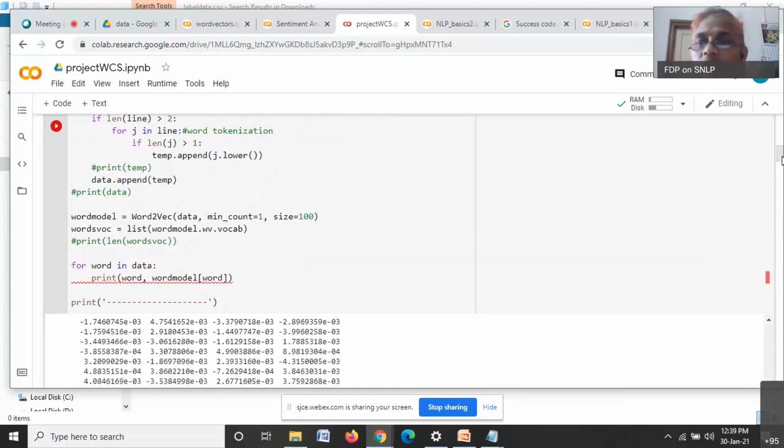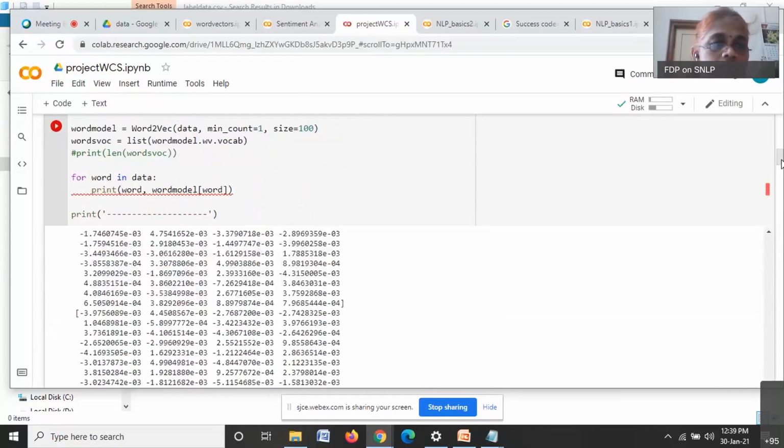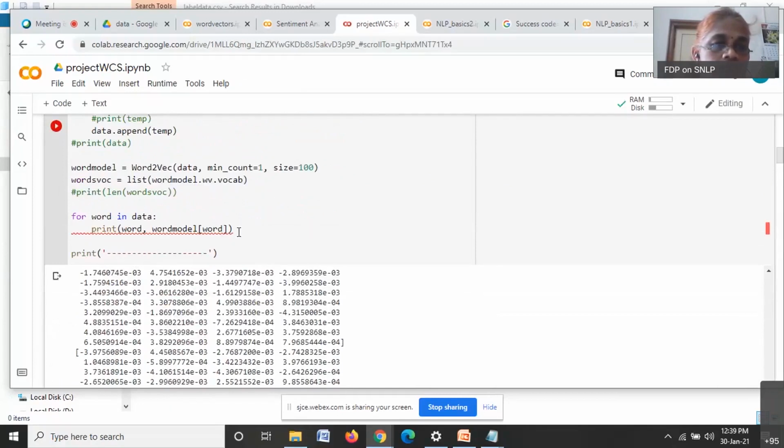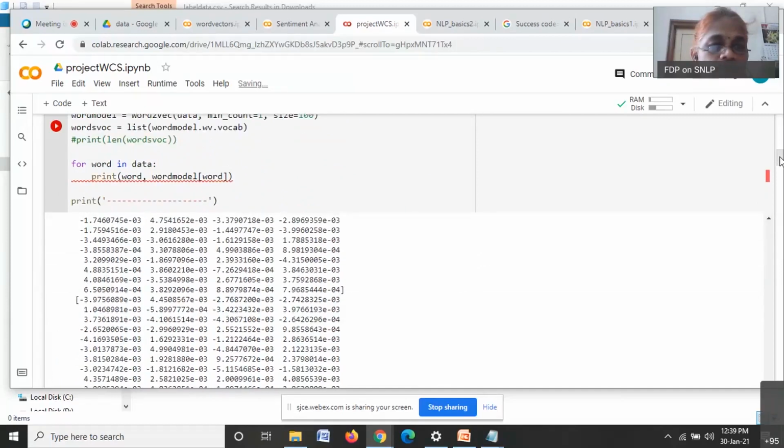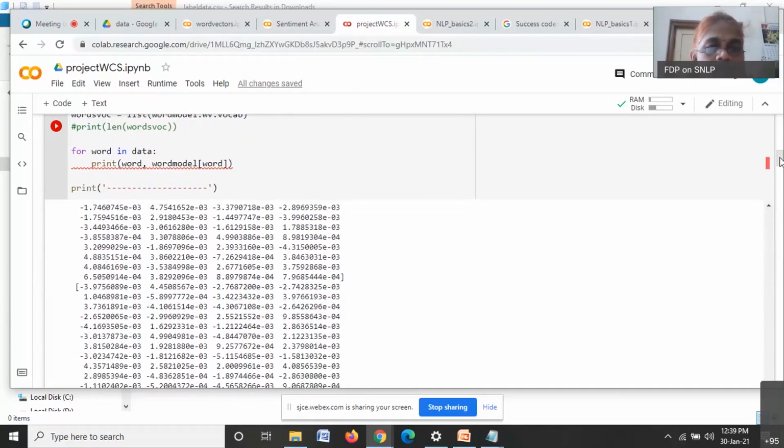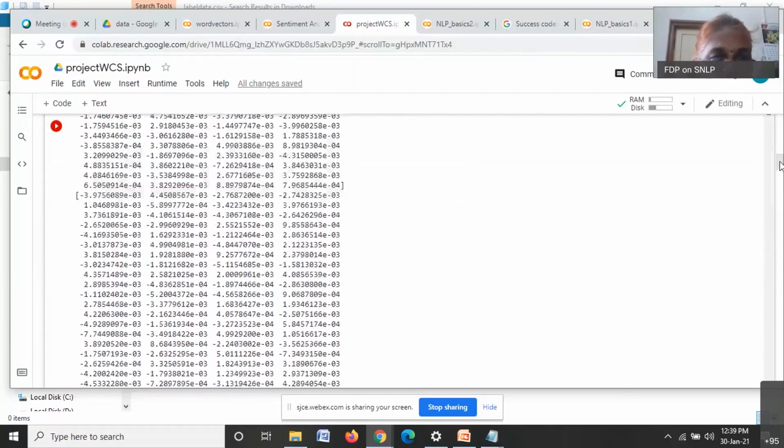Can you make out this? Print word model. Yeah, this is the word model.